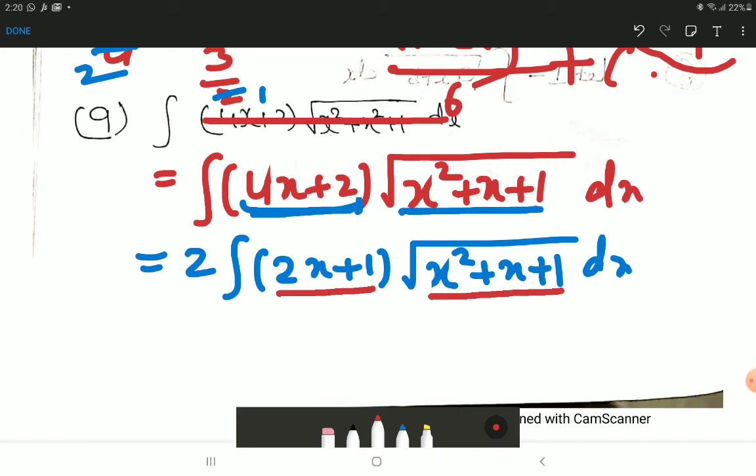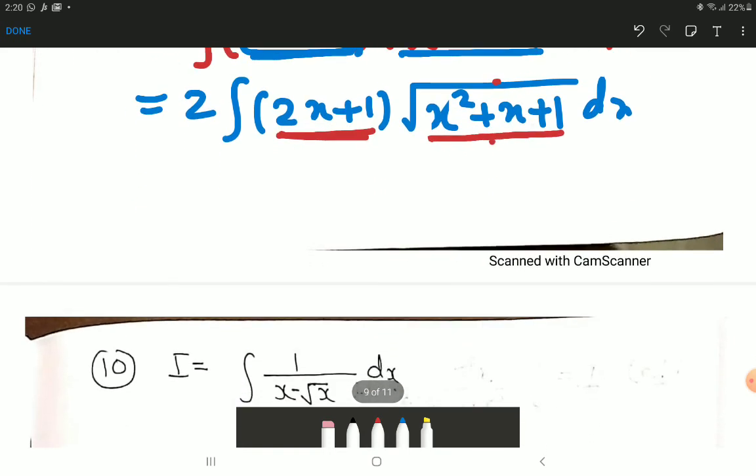So there are two options before you now. Either assume x square plus x plus 1 to be t, or use theorem number 1, integration of f x whole power n into f dash x dx. So this is function raised to power half into its derivative. So its integration will be function raised to power n plus 1, that is x square plus x plus 1 whole power half plus 1, which is 3 by 2, upon 3 by 2, plus c. So instead of using the theorem, which you can try yourself, I am using the substitution method.